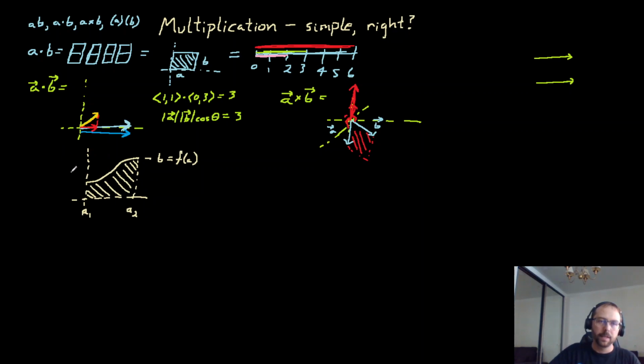So we can say that this is equal to the integral from a1 to a2 of f of a dA. It means the exact same thing to write it this way, integral from a1 to a2